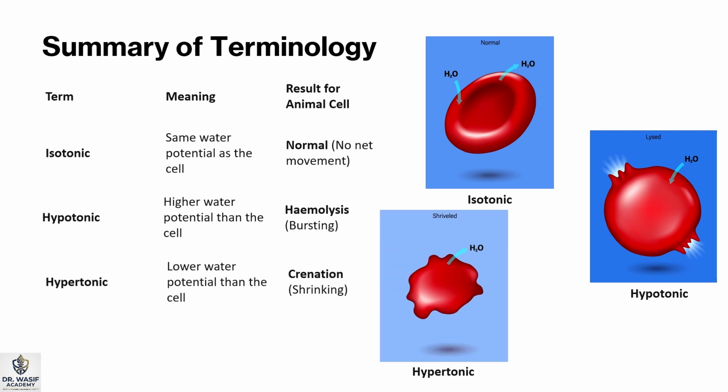And finally is the hypertonic environment. Here the fluid outside has a lower water potential. It is very concentrated. Lower water potential means very concentrated, and water is pulled out of the cell, causing it to shrivel and become jagged. We call this crenation, or shrinking. A shrunk cell cannot do its job properly,